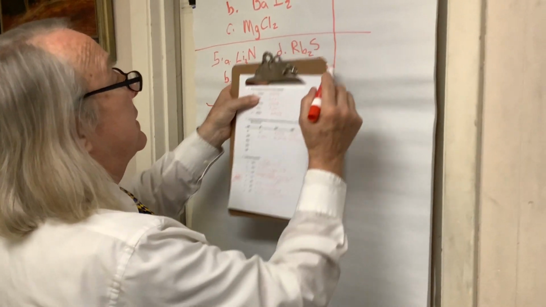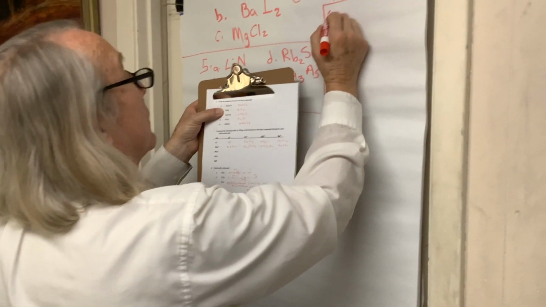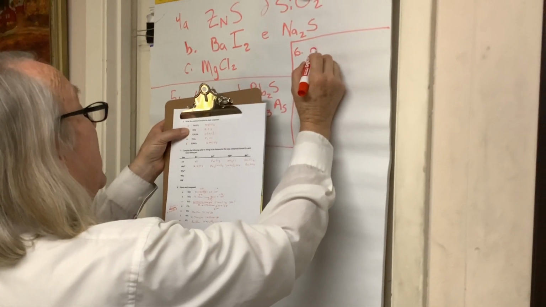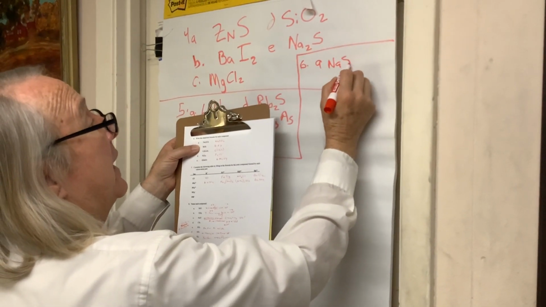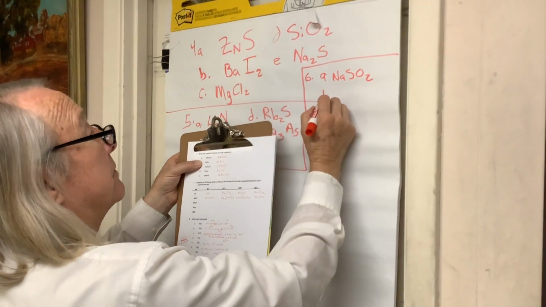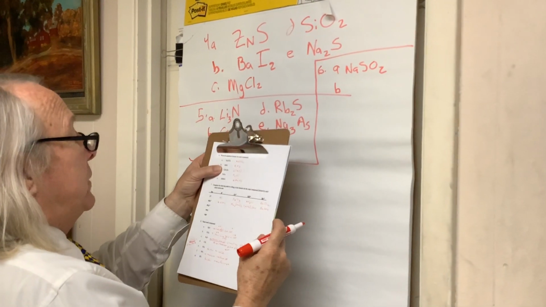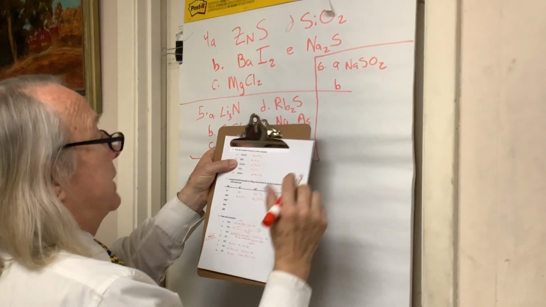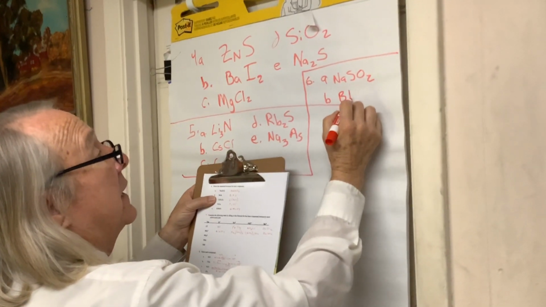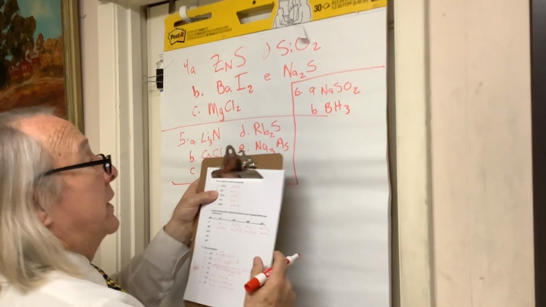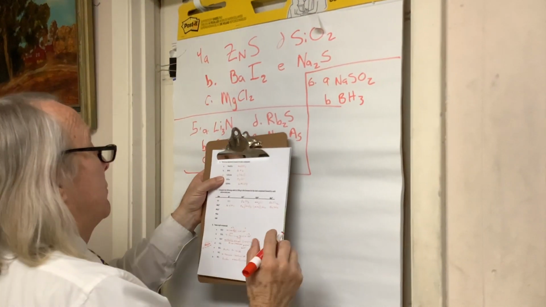Na2S2O4. If I divide everything by 2, okay, then I get NaSO2. For B2H6, if I divide everything by 2, I get BH3, boron trihydride. For the next one,